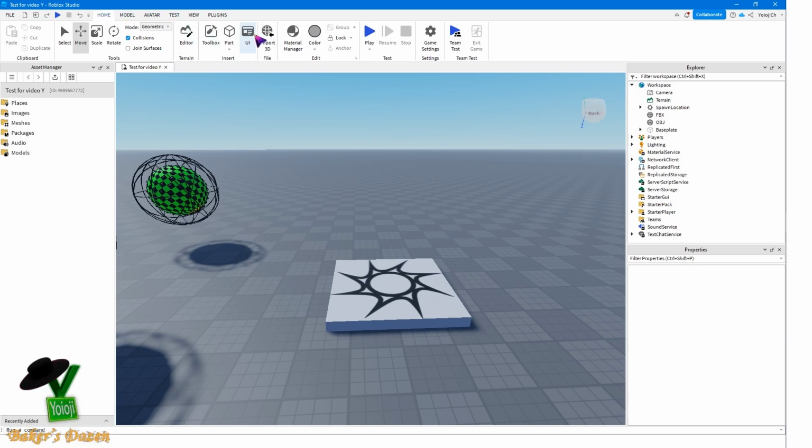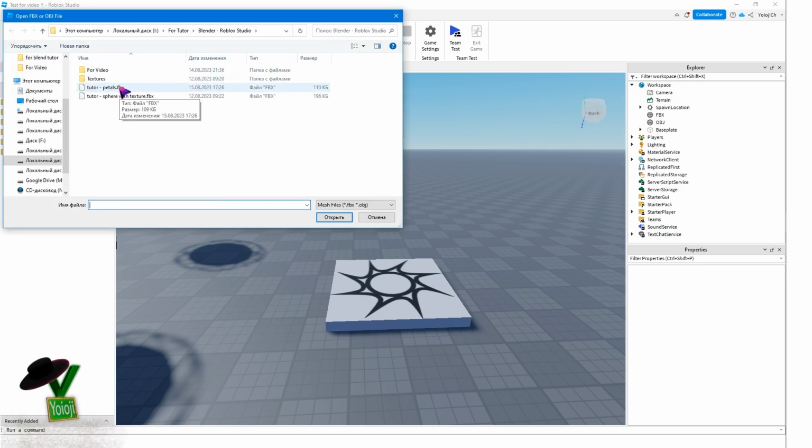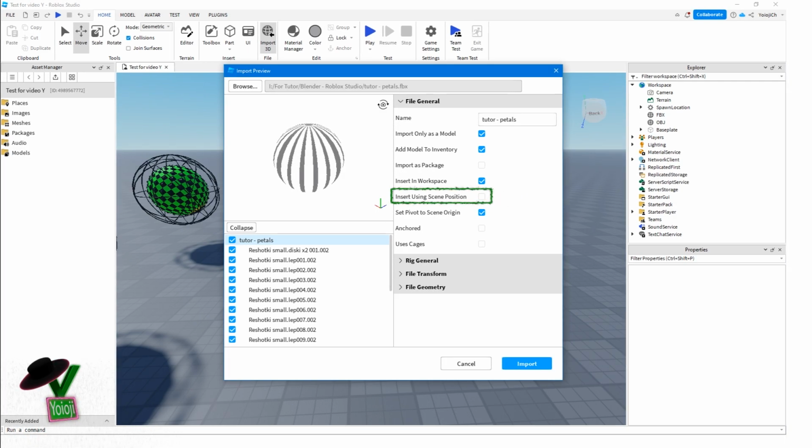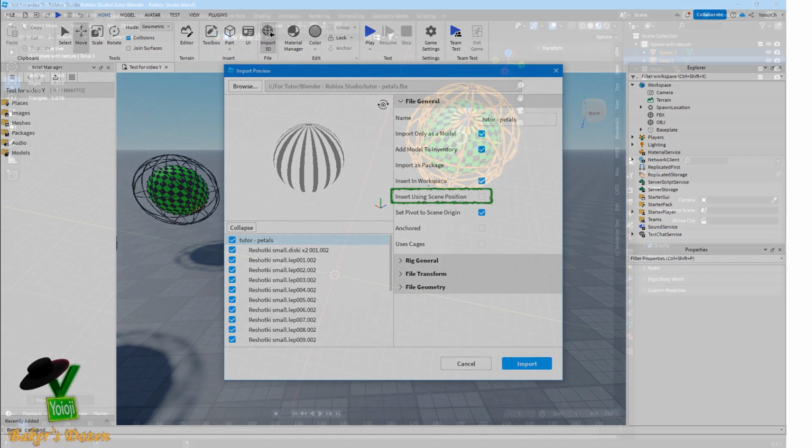Tap Home, import 3D file, select the file with our model. This time, to show you the main difference between this method and the previous ones, I will choose another model consisting of several parts. We are interested in 3 points. Insert using stand position, responsible for importing and applying information about the location of our model in space from the